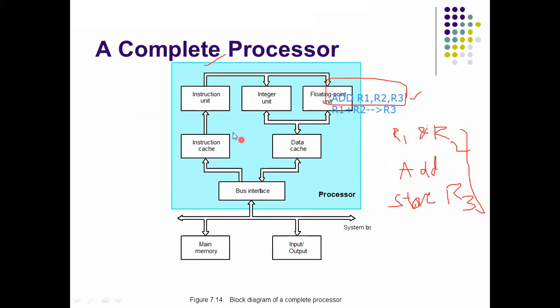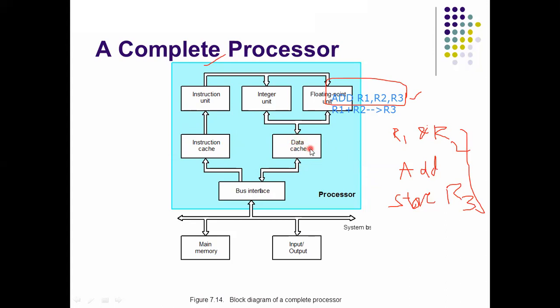Okay, so here what does an instruction cache mean? Program means that is having a number of instructions. So those instructions are stored in this instruction cache. Okay, Amma? So the instructions which are required and placed in this instruction cache, that will be given to the instruction unit.